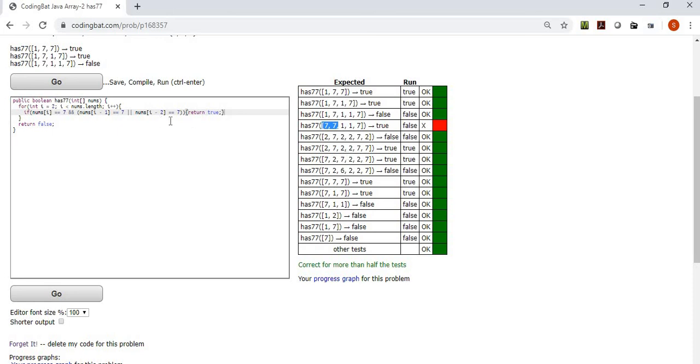So we can actually fix that pretty easily. For readability's sake, let's put this down here. Okay, and we can extend this out a little more, or